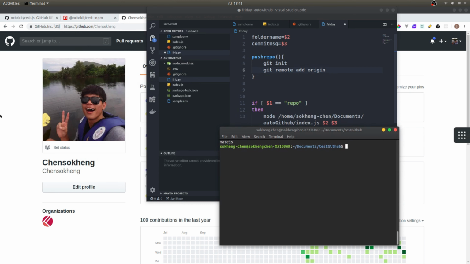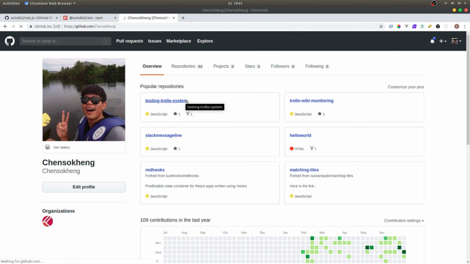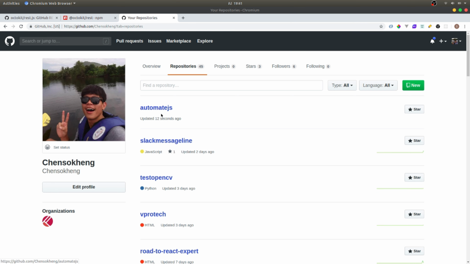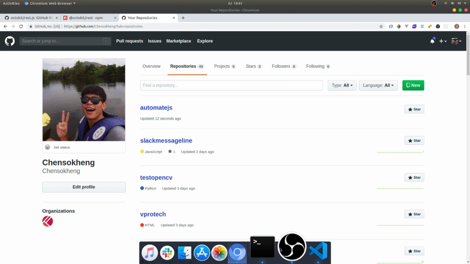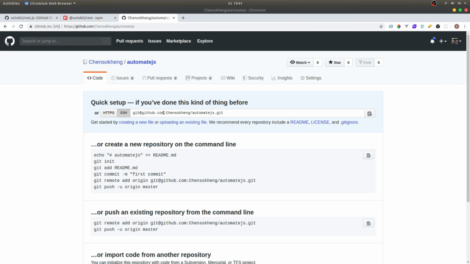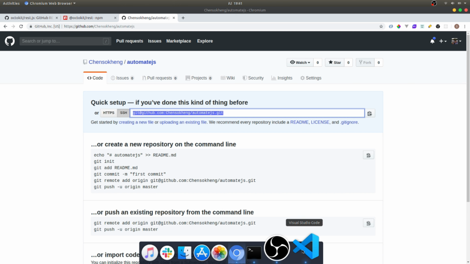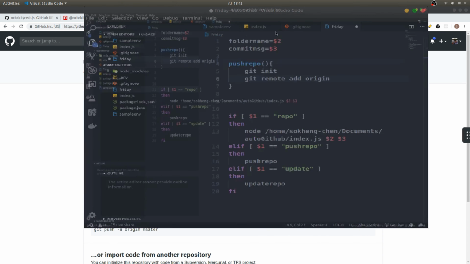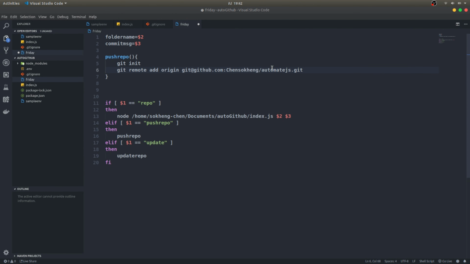Alright, so it's done. So now if we go in here, as you can see it's automate.js right here. We click on automate.js, we can see this URL right here. So actually I'm gonna copy this one and go back to my shell scripts. In here I'm gonna paste this one right here. So I'm gonna put the folder name and then we do